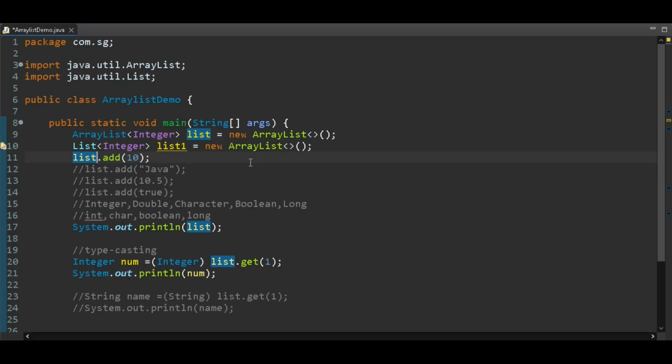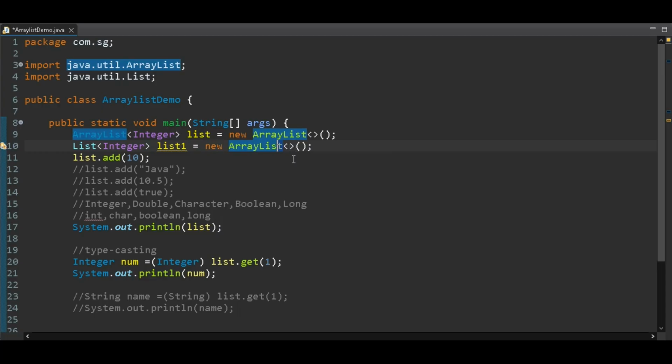But as a good developer, instead of writing your code specifically for ArrayList, you can write your code using the List interface. Now your code is based on the List interface, not specifically on ArrayList. After a few days, if your requirement changes and you decide to use a LinkedList instead of ArrayList, then you can simply change the implementation.